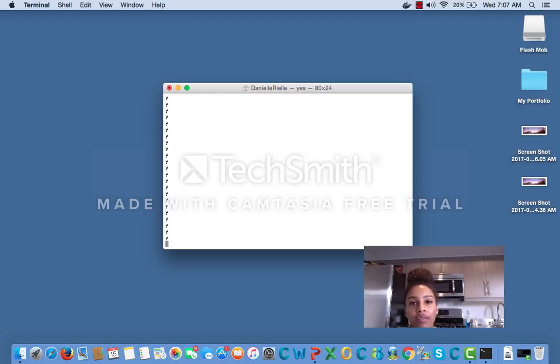So it's great if you have a Mac that just keeps crashing upon load. It's a great way to diagnose that. So I'm going to stop that, Control C. Another thing that I want to go over is how to check